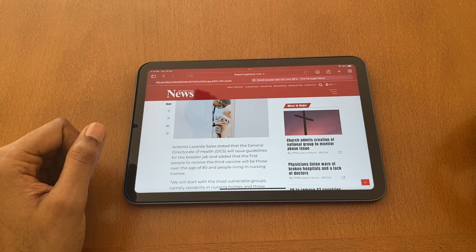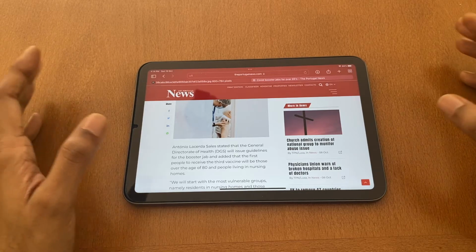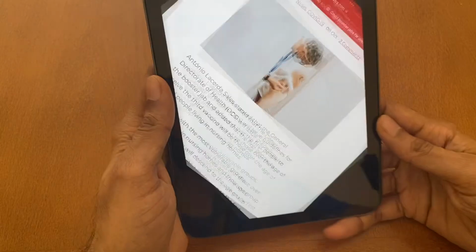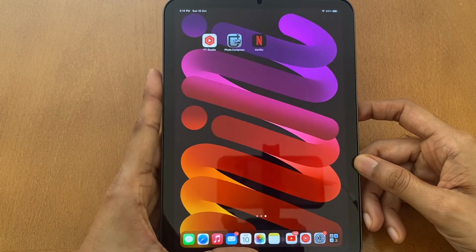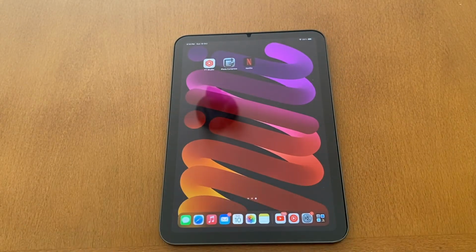So in my opinion, if you like the iPad, if you like the display, if you like the form factor, if you like the specs, then I think you should go with the iPad without any second thought. I am 100% sure that this will not bother you, but just to be safe, go to an Apple store, check the iPad mini out, and if it really bothers you, don't go and buy it. For 99% of the people, it will not be a problem.